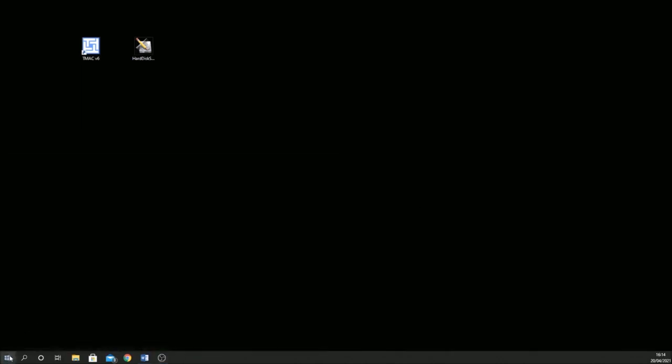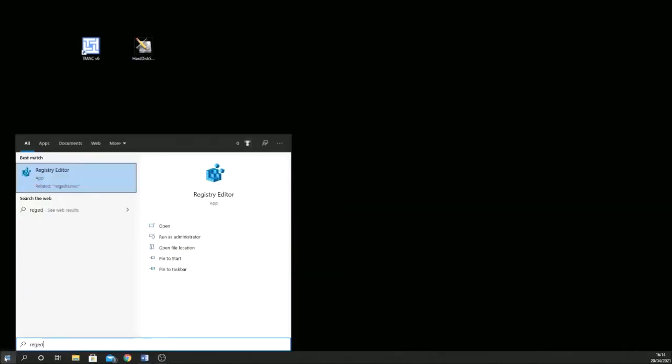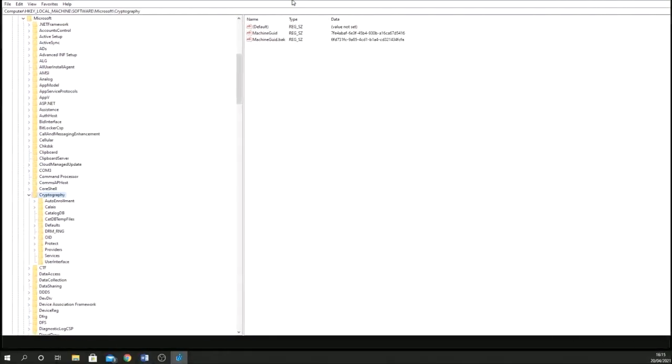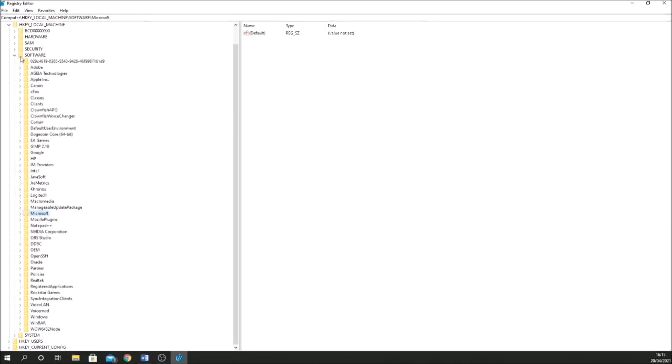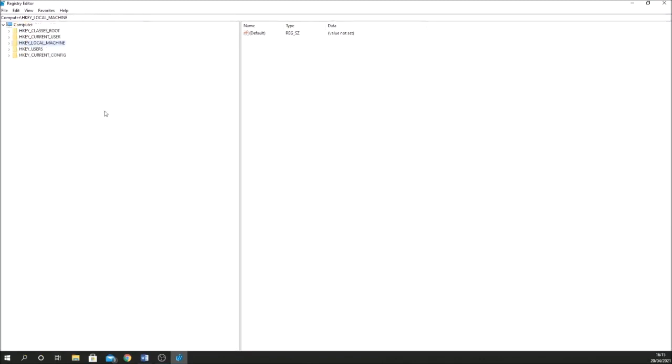So to do these changes, you click on Start, type in regedit, and start registry editor. Click on yes if you get a message asking do you want to allow changes to your device. I'll just drag this over. I'll just set this back to how you will see it, and you'll get a view which looks like this. So the first key that we want to navigate to, or folder at the first point,